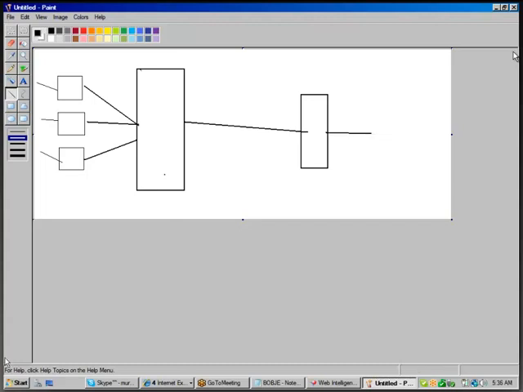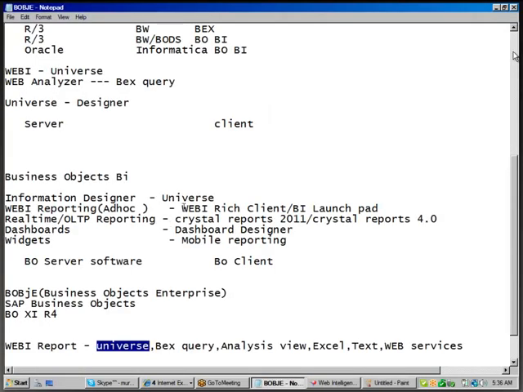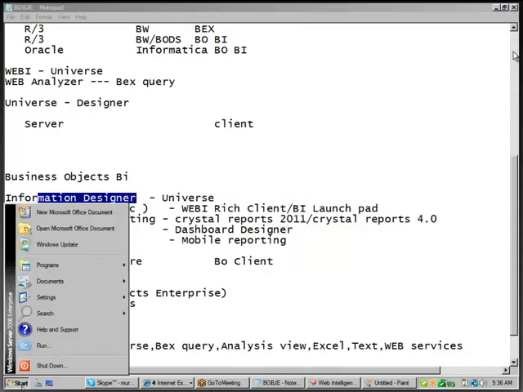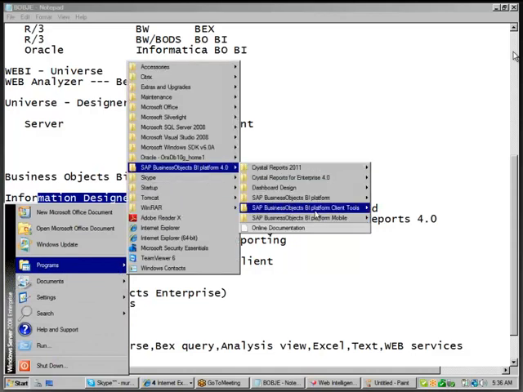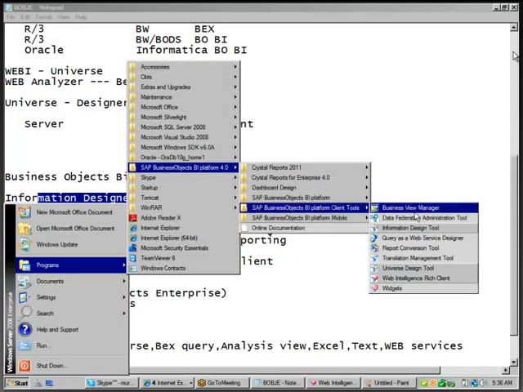For creating a universe in BO, there is a tool called Information Designer, which you can see in your Start programs under client tools. There is a tool called Information Design Tool or Universe Design Tool. This tool is for creating universes.